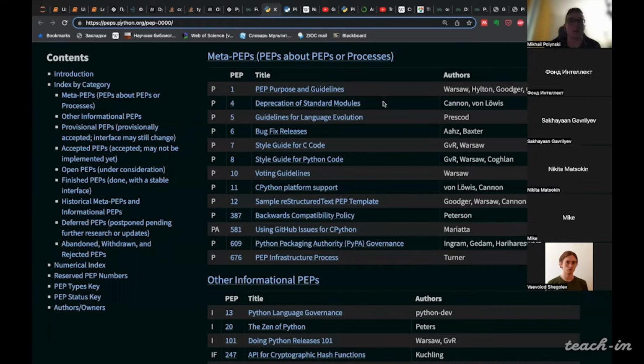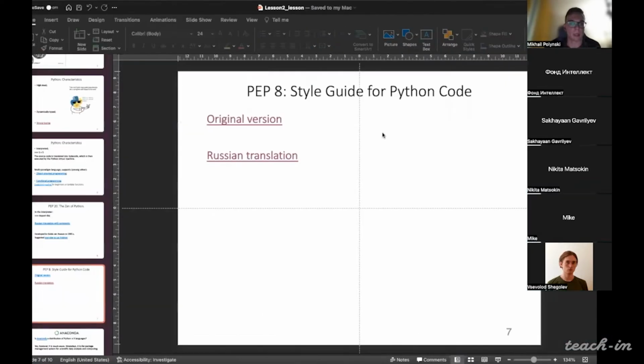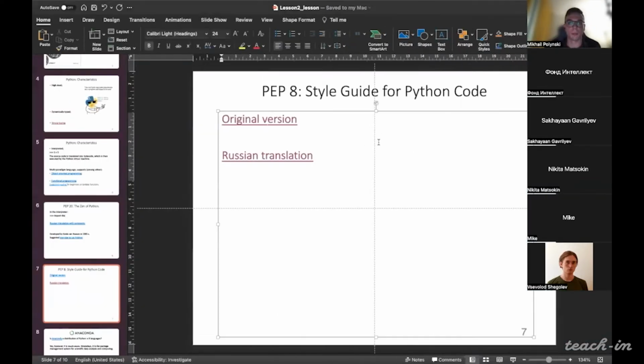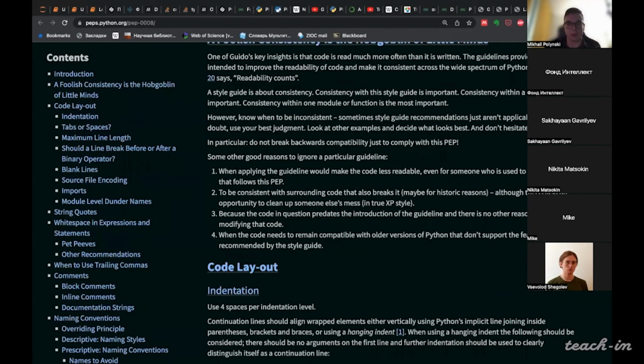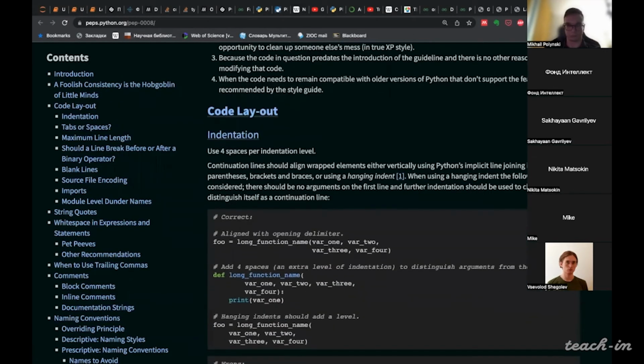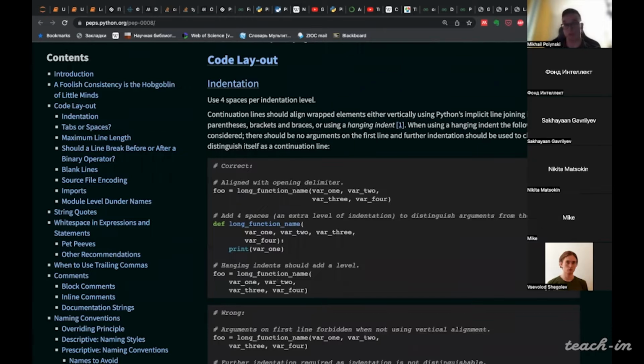And among all these proposals, most of which are purely technical, you also have PEP 8. PEP 8 is the style guide for Python code that gives suggestions you are encouraged to use when writing Python code.